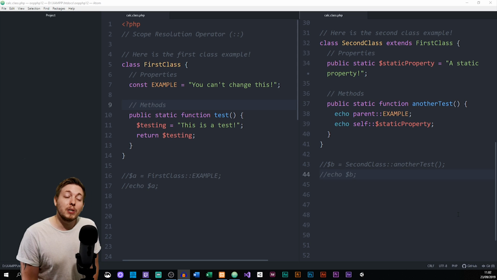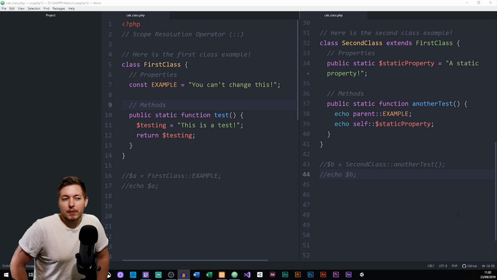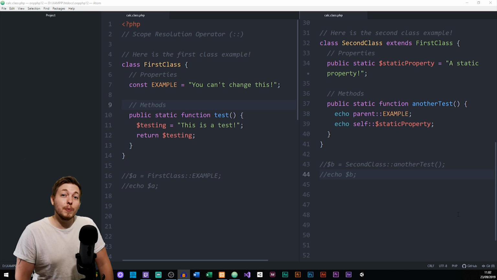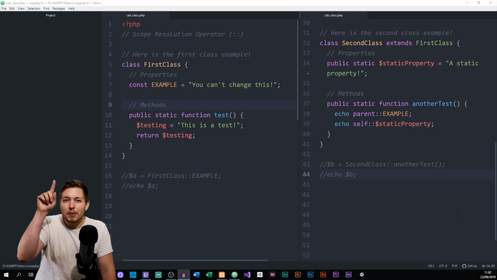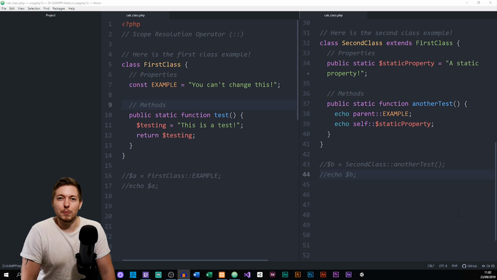Today I'm going to talk about something called a scope resolution operator, which is something we have talked about in the past. I think it's the one we talked about statics inside classes. But I would like to do a quick recap because there's a few keywords that we haven't talked about when it comes to using this operator here. You might know it as the double colons that we have right next to each other